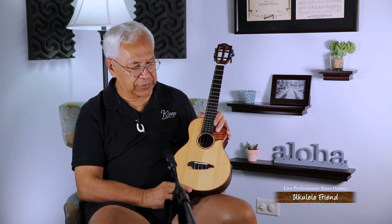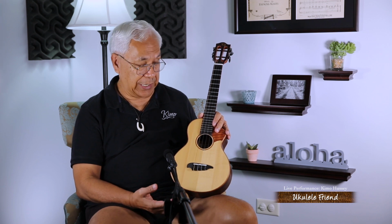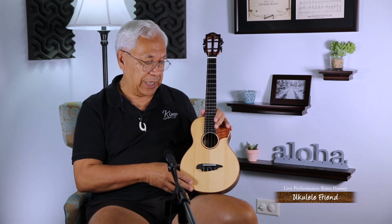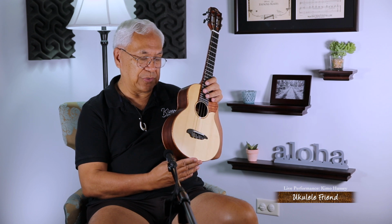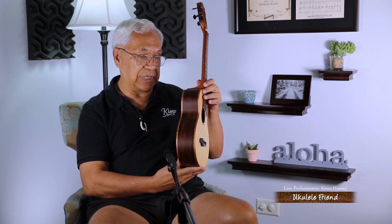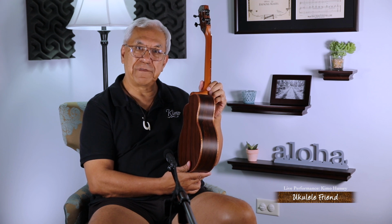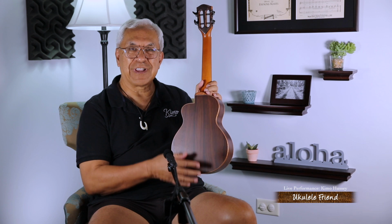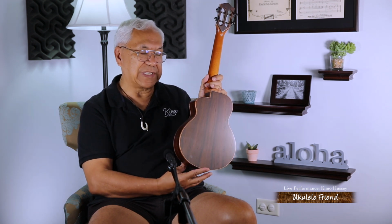One very interesting thing about this ukulele that I like, and I would use this aspect to transition to playability, is when I turn this ukulele around. One of the things you might take notice of is the finish. The finish is not bright and shiny. It's what we call kind of a satiny finish. And the reason why I say that